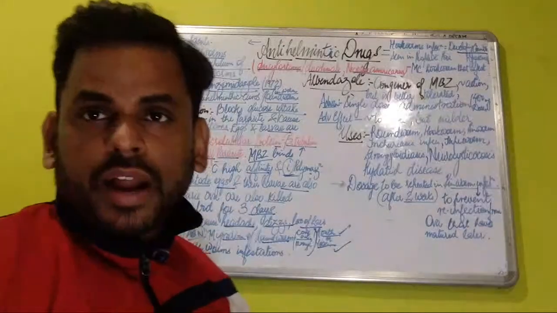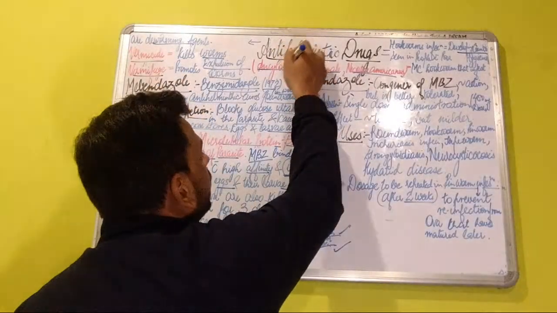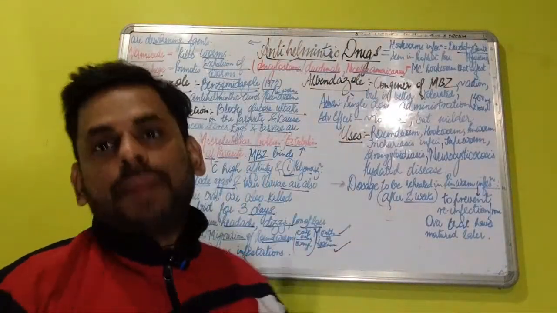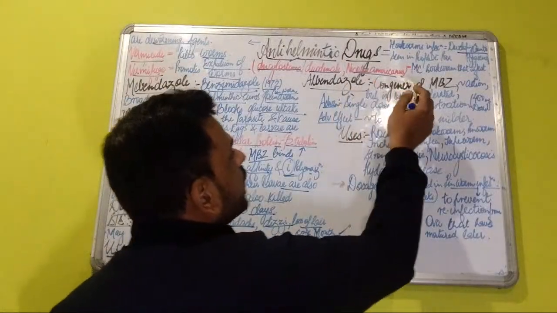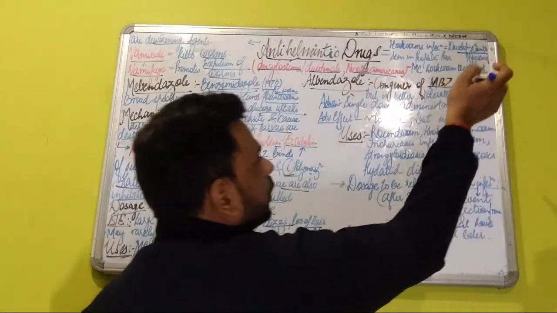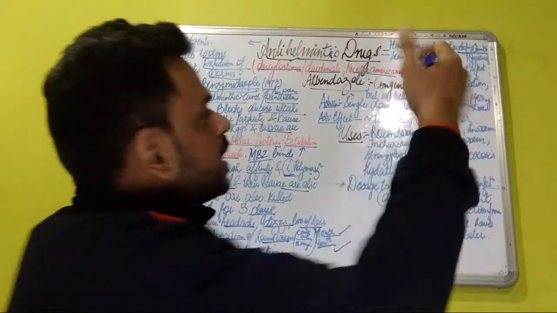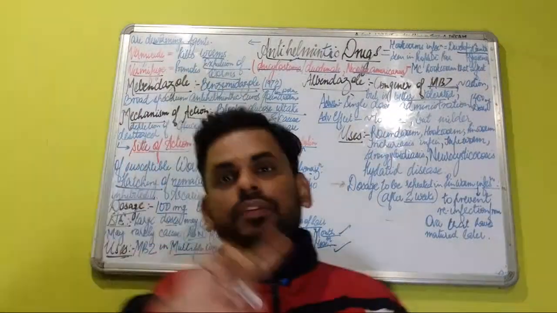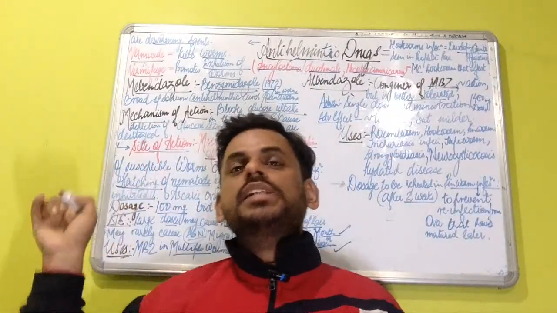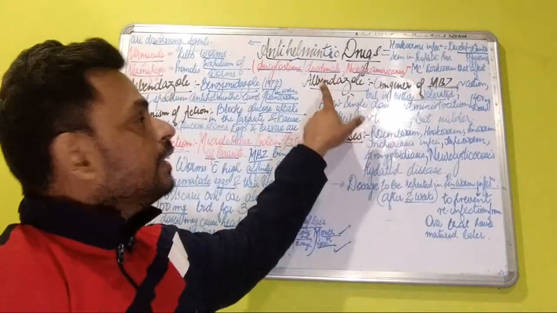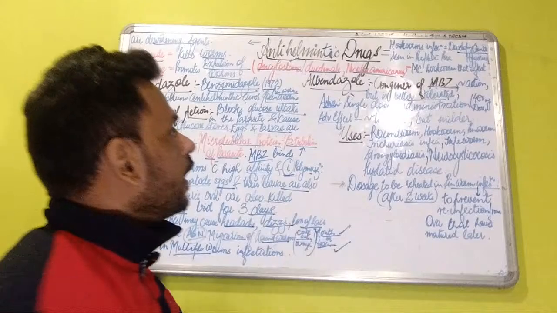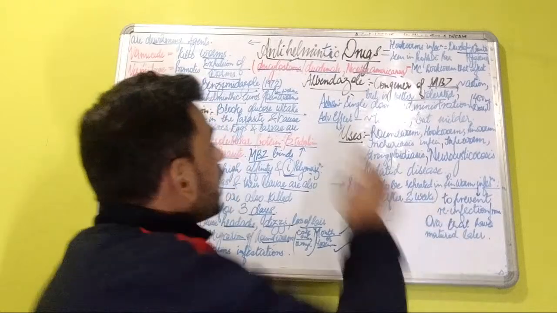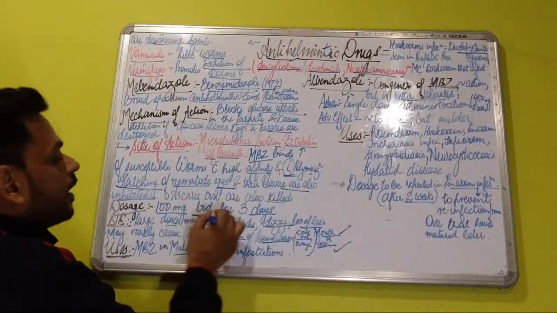The next important anti-helminthic drug, which is very similar to mebendazole, is called albendazole. Albendazole is a congener of mebendazole, and it has somewhat similar action, but it is better tolerated. When we look at the tolerance between mebendazole and albendazole, we find that albendazole is better tolerated, and the advantage of albendazole over mebendazole is that mebendazole was given twice a day for 3 days,